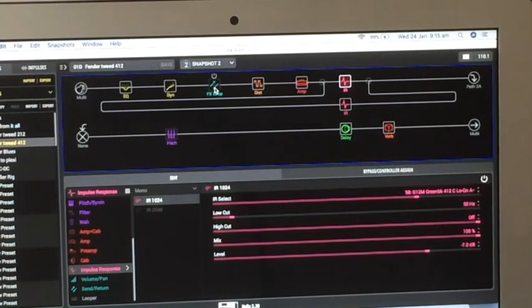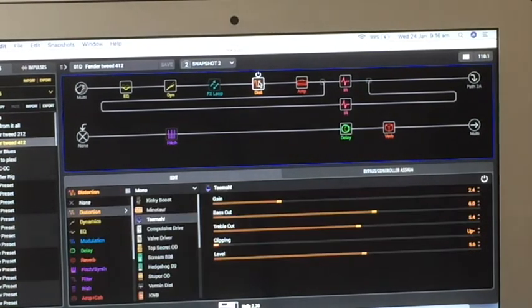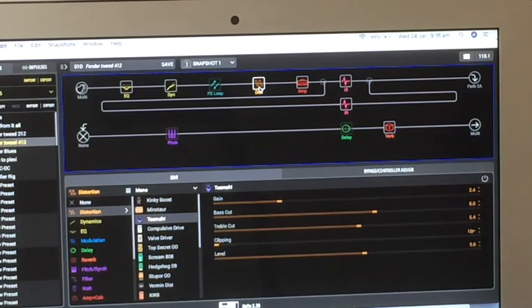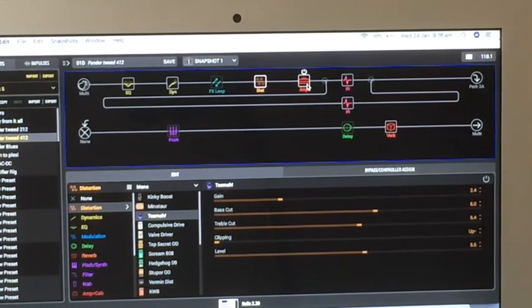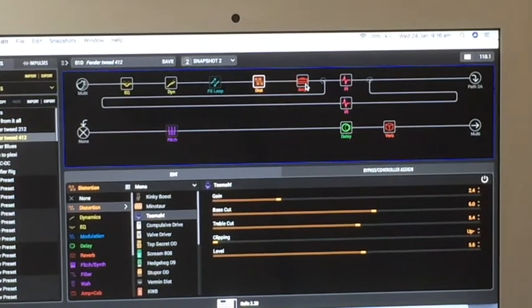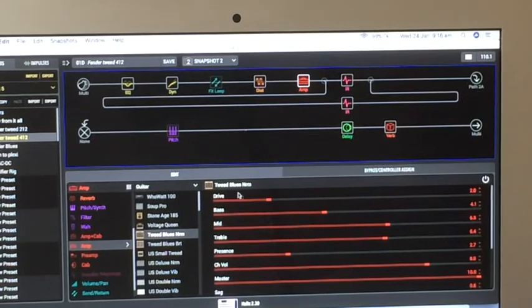And I don't necessarily assign that to a snapshot. I just put it as one of the stomp pedals. I can click it on and off at will. Here, I use that gain, that distortion, which I think is pretty much on most of the time. Actually, it's not. Sorry, in my first snapshot, it's not on, but in my second snapshot, it is. It just gives it that little bit of grit, but that's it. It's not heavy. As I say, I've got the Tweed Blues NM, whatever that is,